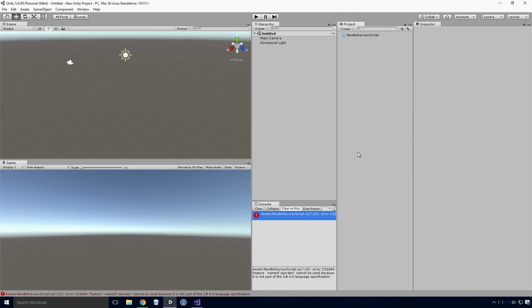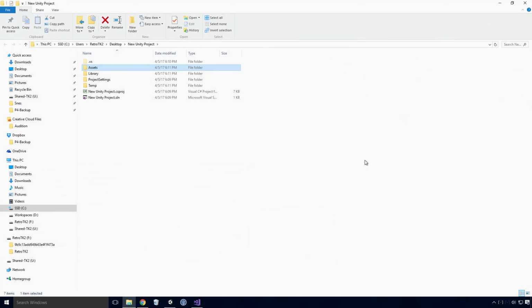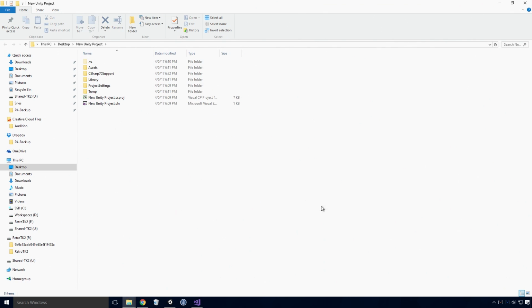To get to there from Unity, right-click on the Projects window and select Show in Explorer. Copy this folder's path from your Explorer's address bar and paste it into the Location text field of the Extract Folder dialog. Extract the folder. Now open your newly extracted folder and double-click the file